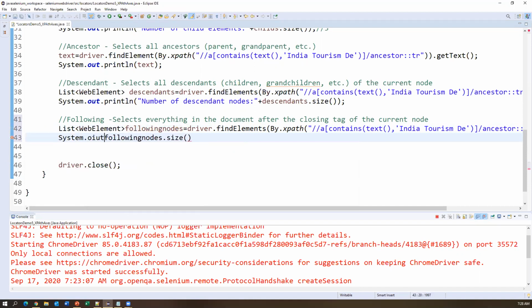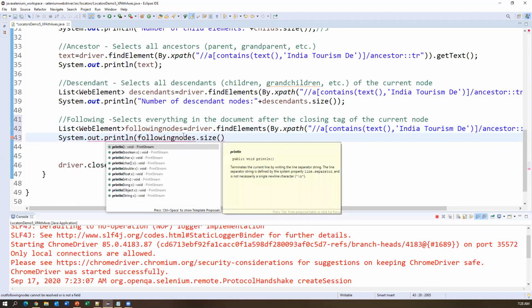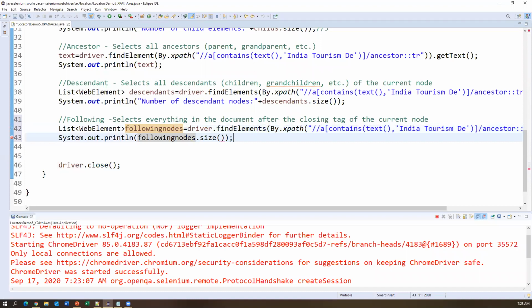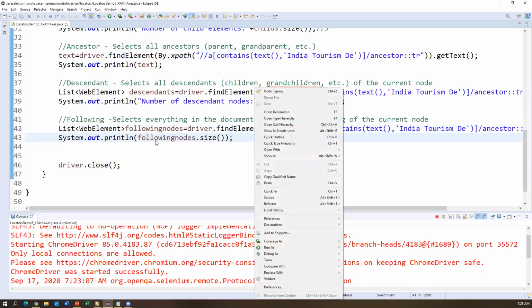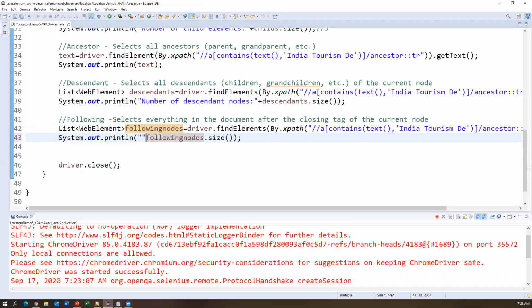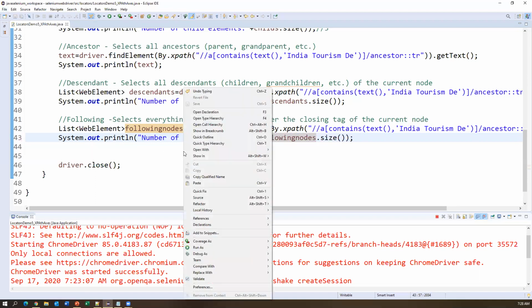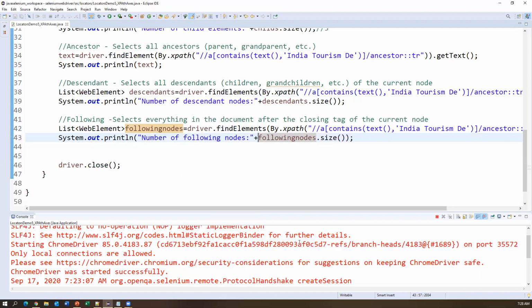System dot out dot println. So I'm just printing the following nodes. Now I can also write a message: number of following nodes. All right, so let's try to execute.